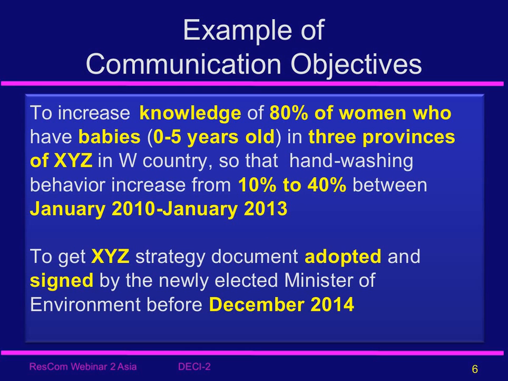Now we are moving to slide 6. These are some examples of communications objectives. The first example: to increase knowledge of 80% of women who have babies 0 to 5 years old in 3 provinces of XYZ in W country, so that hand washing behavior increased from 10% to 40% between January 2010 and January 2013. Remember that the communication objectives